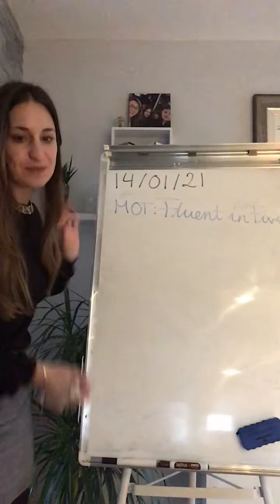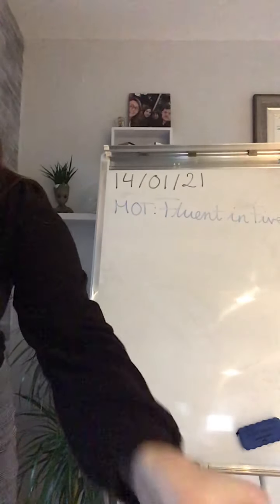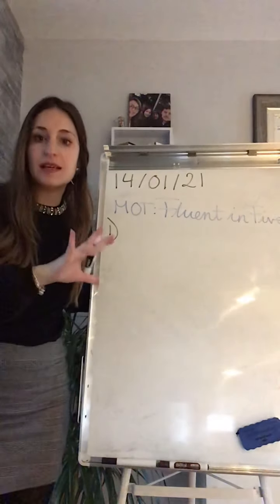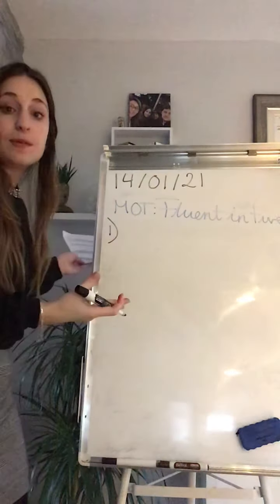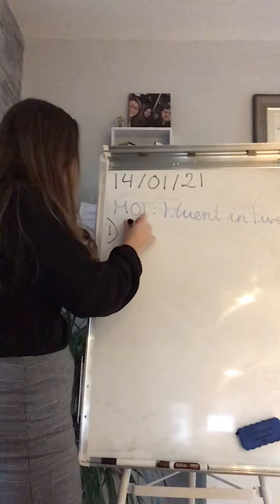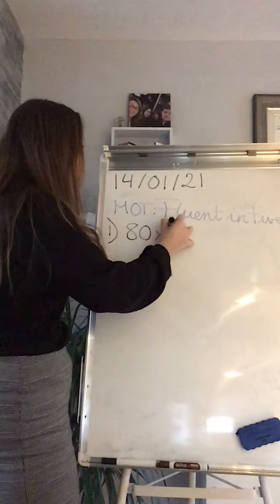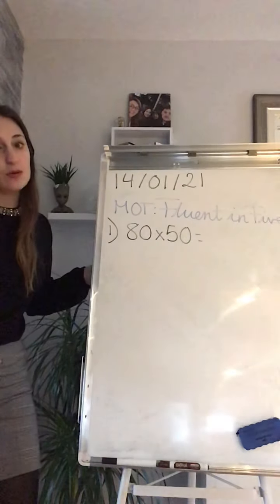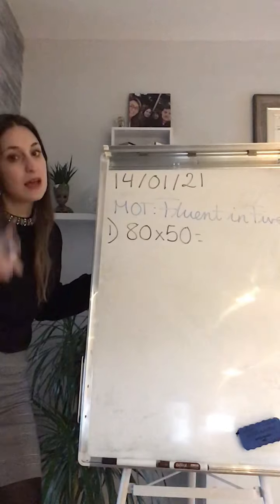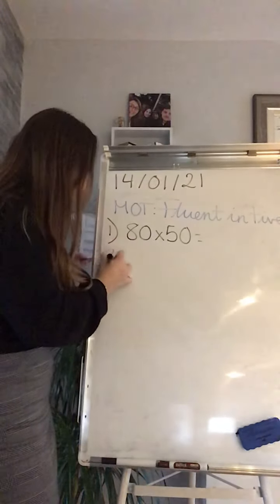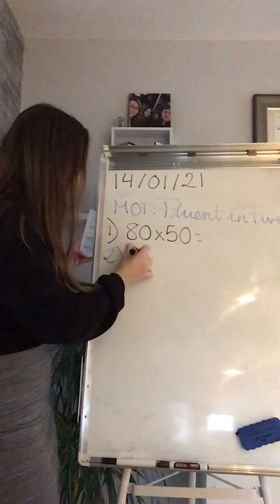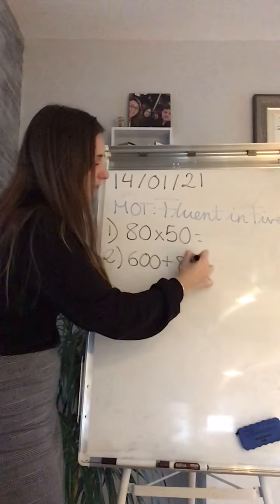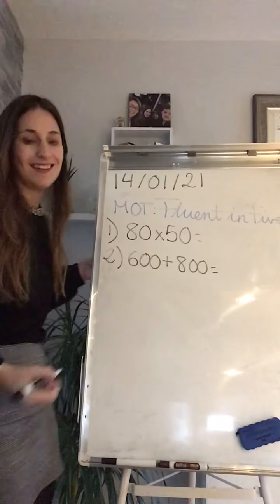Right, let me see. The first exercise that I want you to do, and if you can do it mentally, it's brilliant. If you cannot, show me your method, it's fine. 80 times 50. We've been doing it recently, so you should know how to work out this. Number 2, I want you to do 600 add 800. Number 3,